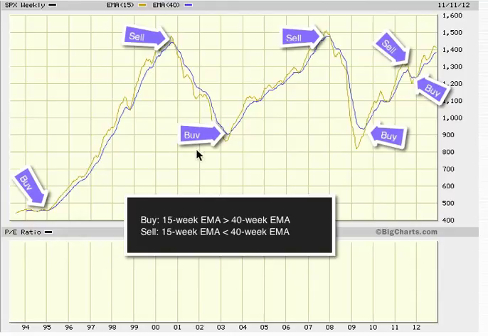So you can see here, this is what you have up on your Blackboard, I should say. And I just want to highlight a couple of things. This goes back to really the mid-90s, and it goes on into 2013. As you can see, the 15-week moving average is yellow, and the 40-week average is blue. And so you can see here that a buy was generated here in 95